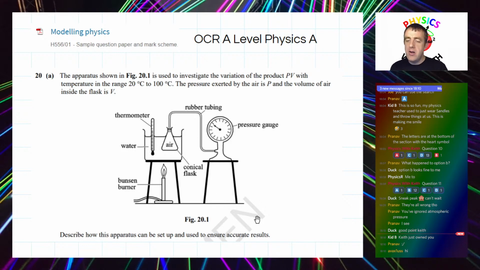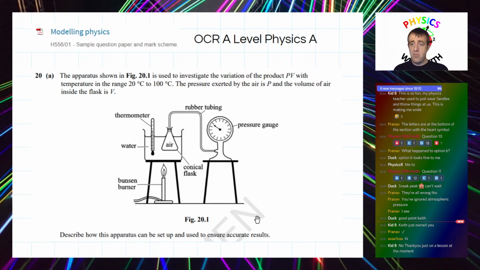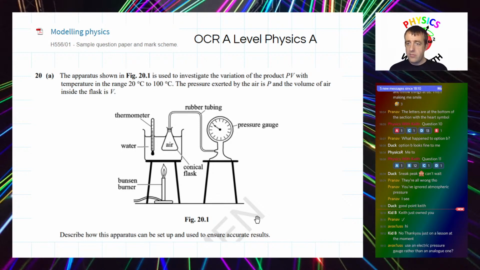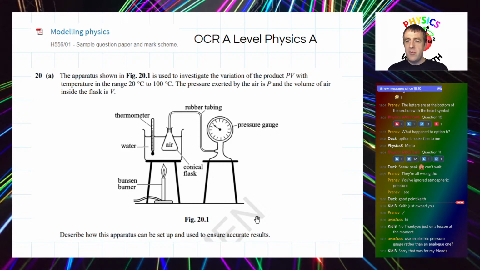Now, remember, I don't know if you've been here before, if this is your first time, but regulars will know this. I do not look at the mark schemes in advance. Okay, yeah, may have been sent to the wrong place there, kid. Yeah, I assumed that. So you're talking about how to change this particular experimental setup to improve the accuracy. And I think, yeah, we could go, if that was what the question was asking.